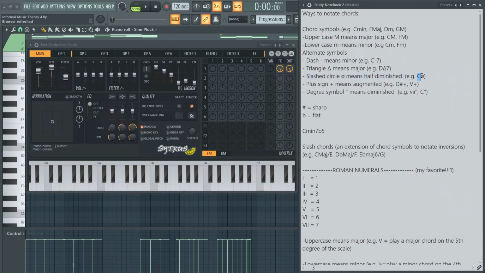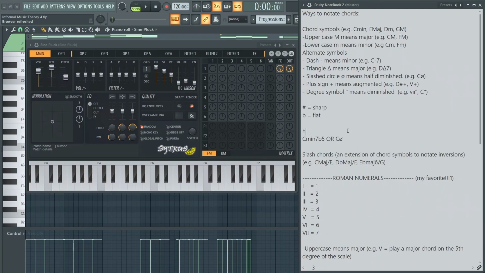So it'll look like that. I write down here. So you'll be like C and then just that symbol. So that's what it is for half diminished. So if you want to spell out C augmented, you could write it out as C and then